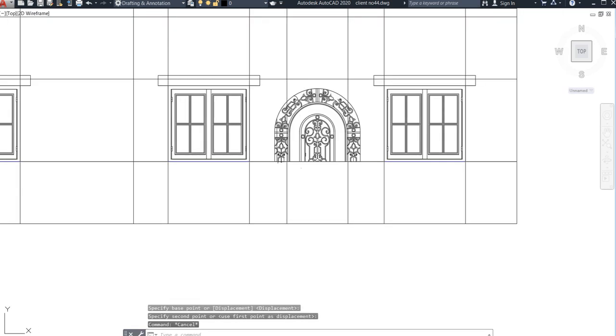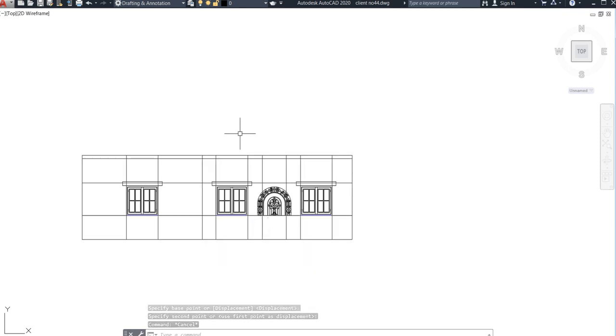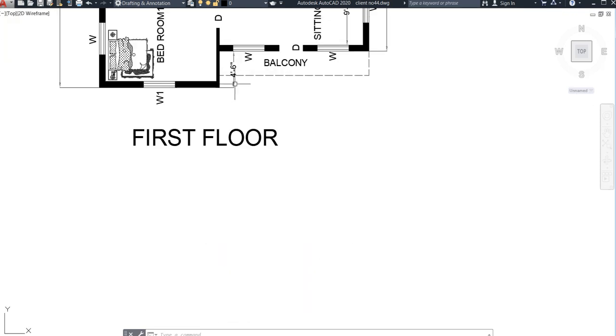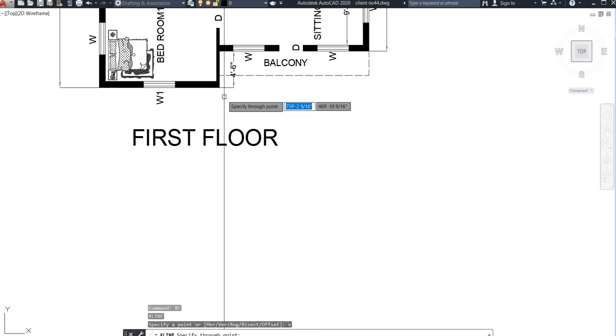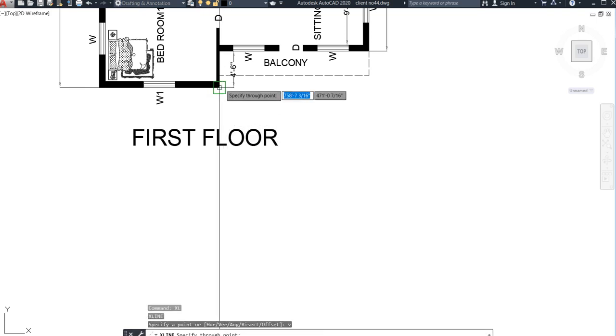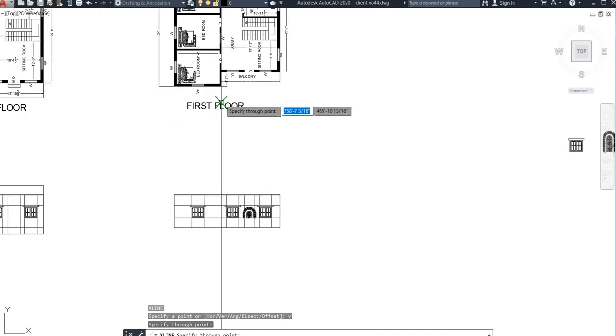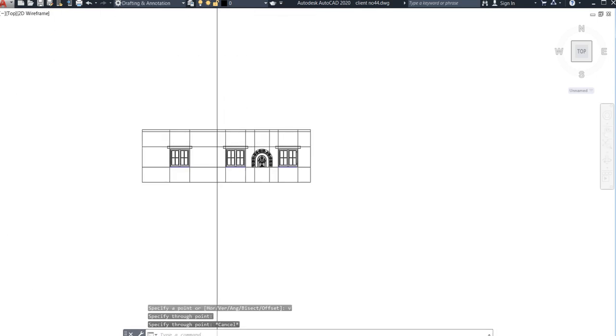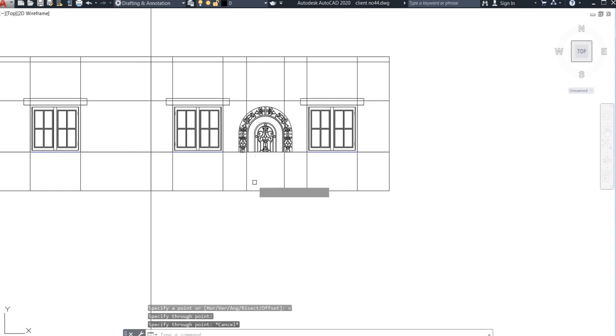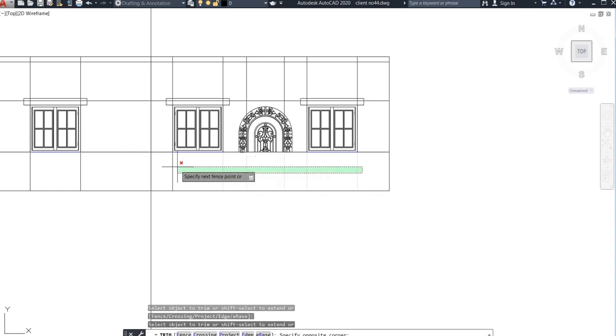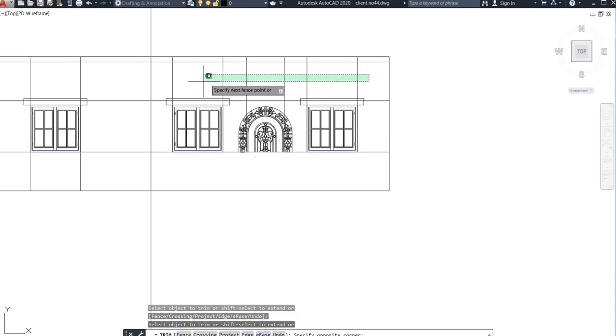So you can see this would be my parapet wall. How long is the parapet wall? From here, XL plus V, enter. See, this would be your parapet wall. So everything here should be deleted or trimmed. See, this has been trimmed, but this portion should also be trimmed.